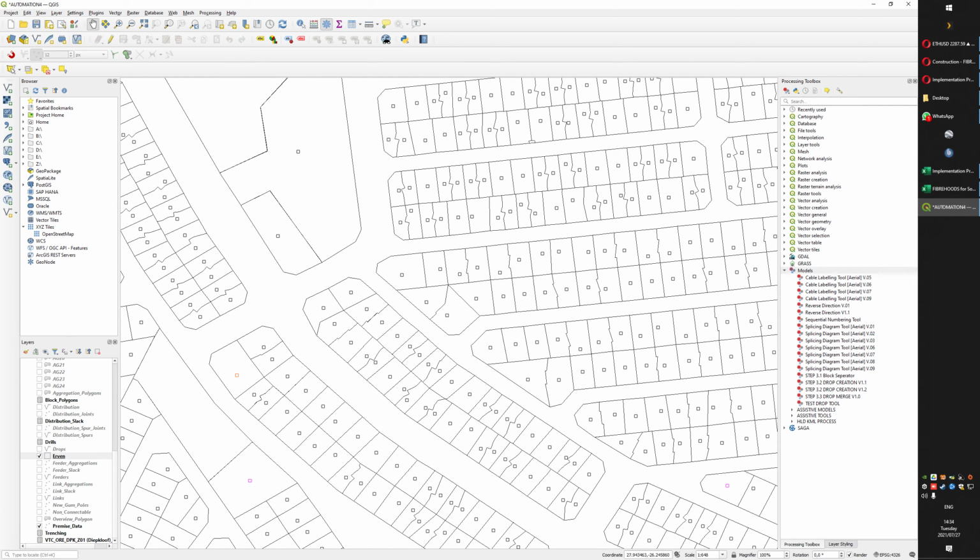This video will show you how to do the drop generation, so the drops that go from the dome joints up to the premise data. This is a new method of doing it, and it's a lot better than the old one, seeing as it provides for